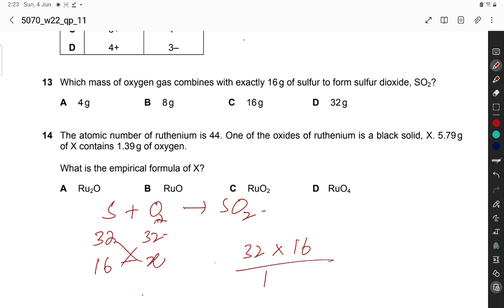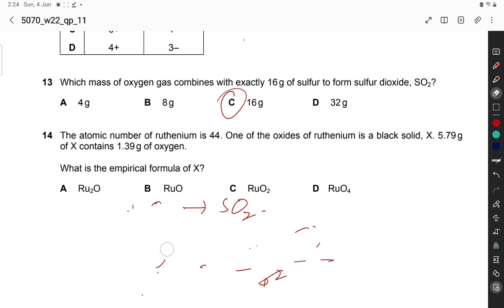So 32 is equal to x. 32 divided by multiplied. So 16 gram is required. So 32 grams of sulfur requires 32 gram of oxygen. So what would be the mass of oxygen required if 16 gram of sulfur react with oxygen to form sulfur dioxide? So 32 gram needs 32 gram of oxygen and 16 gram ratio x. So by using cross multiply we get 16 gram. So next question is